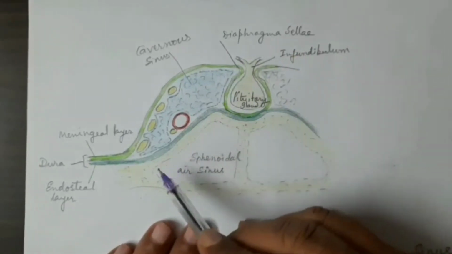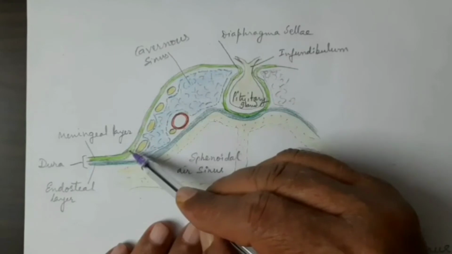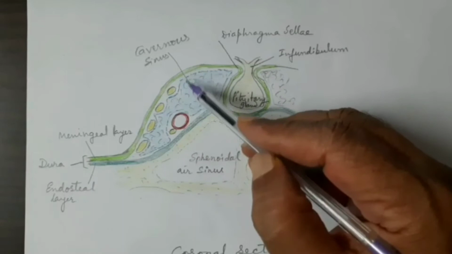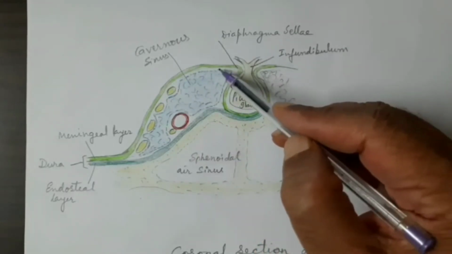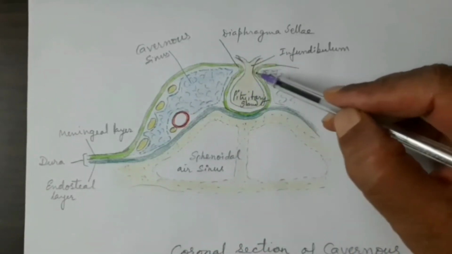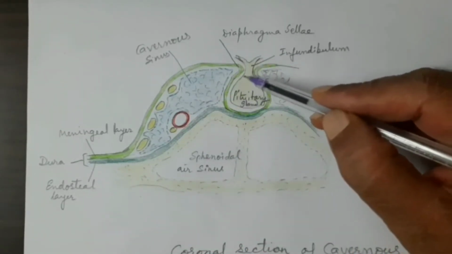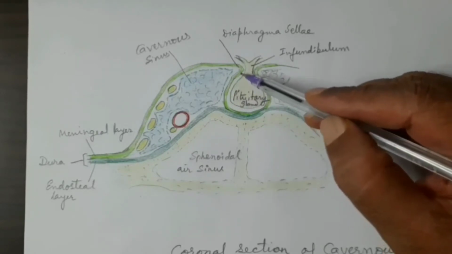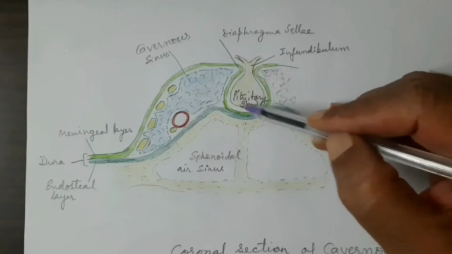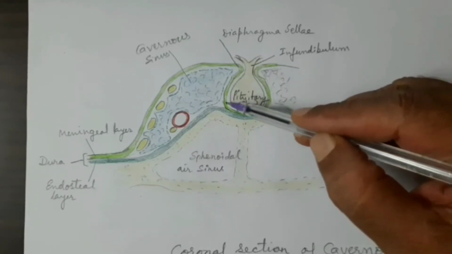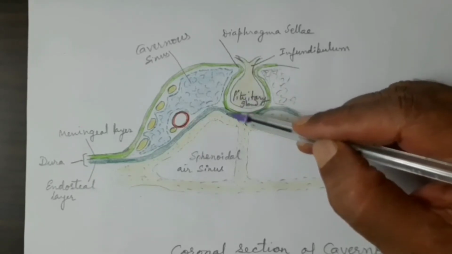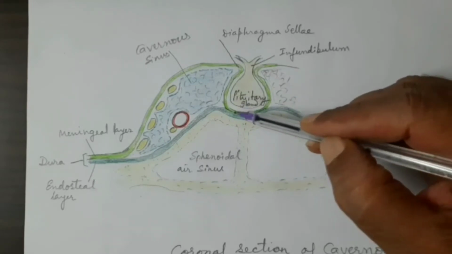So what we were talking about is its formation, and this formation is due to the separation of the meningeal and the endosteal layer, okay? And then this meningeal layer will form the diaphragma sellae, a fold of the dura mater forming the roof of the pituitary fossa in which the pituitary gland is lying. Then this meningeal layer will also form the covering of the pituitary gland here, and once again at the floor of this pituitary fossa, both the meningeal and endosteal layer will fuse with each other.